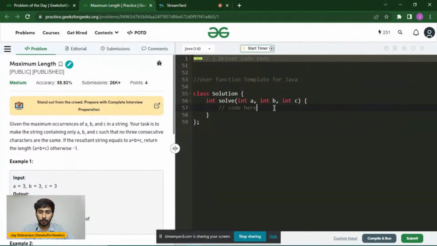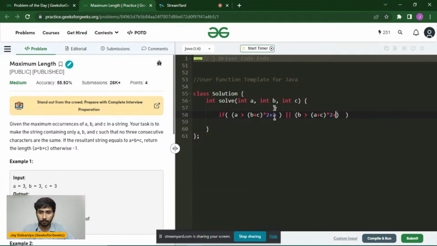So let's write down the solution. We simply need to consider A, B, and C in G1. So first of all, I'm taking A as in my, let's say, G1 group. If A is greater than B plus C into 2 plus 2, if this is the condition, or let's say B is in G1, if B is greater than A plus C, so A plus C are in your